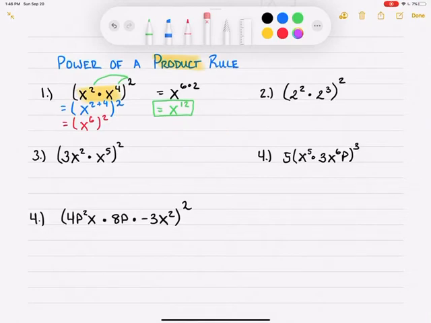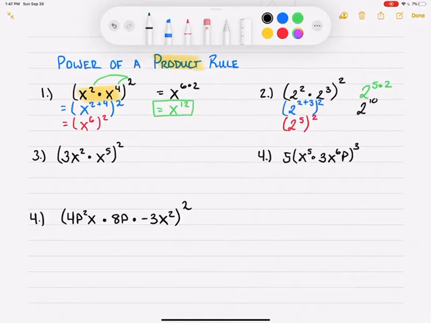In the second example, I have 2 squared times 2 to the 3rd. The product rule tells me that when I multiply like bases, I need to add my exponents. This becomes 2 to the 2 plus 3 power, and I still have to square it. 2 to the 2 plus 3 power becomes 2 to the 5th. And when I square this, this becomes 2 to the 5 times 2 power,